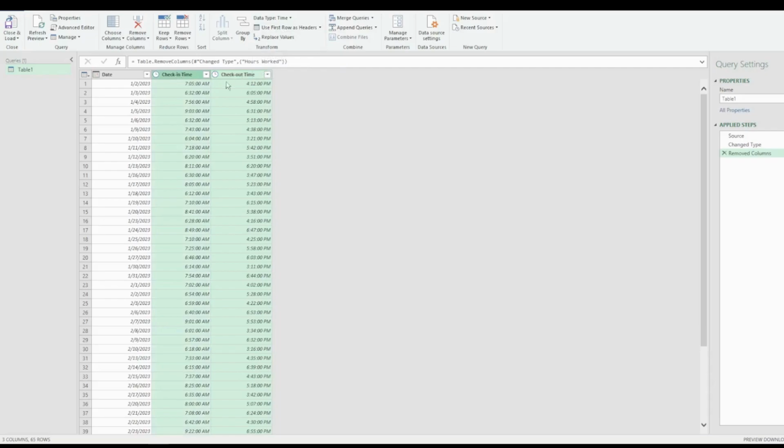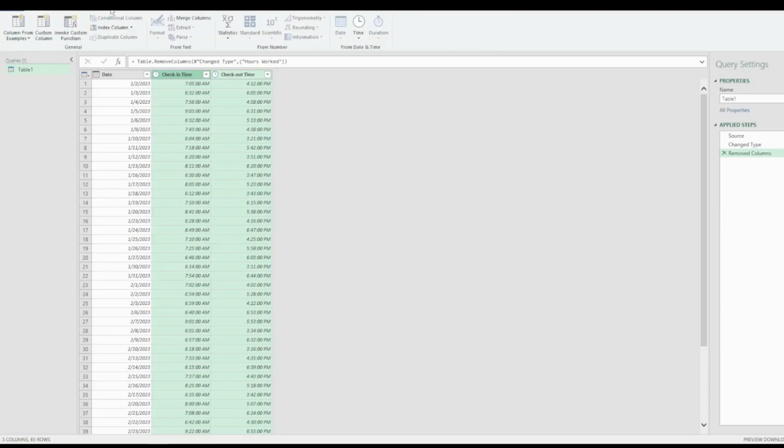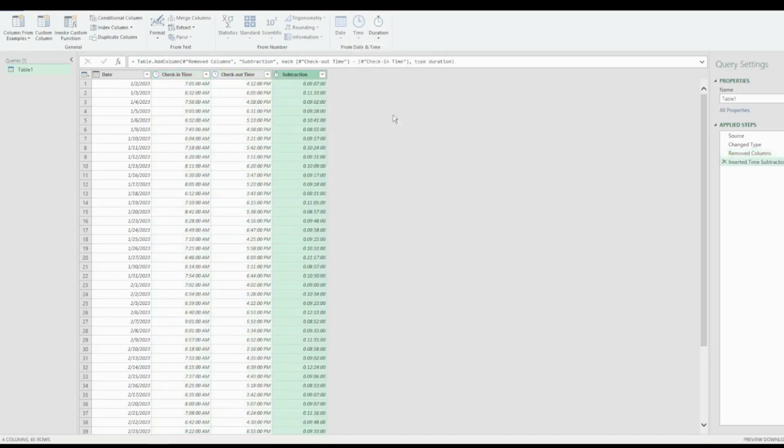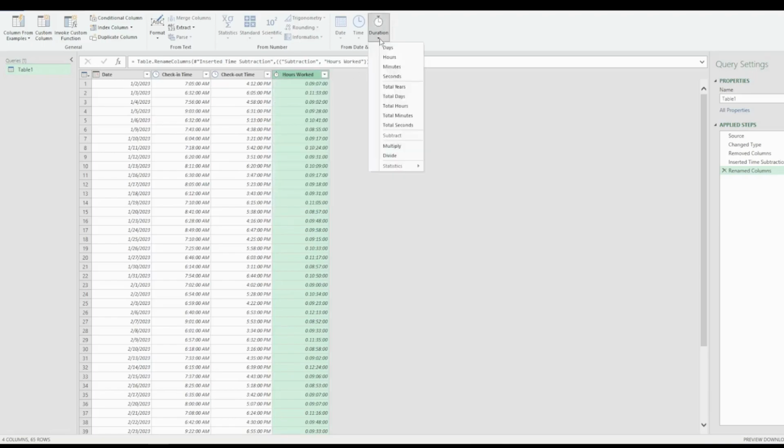And so if we want to calculate the hours worked, I select the check-in time column and the check-out column, click add column, time, and subtract. So here are the hours worked. And I want to change the format of the fourth column into duration and total hours.